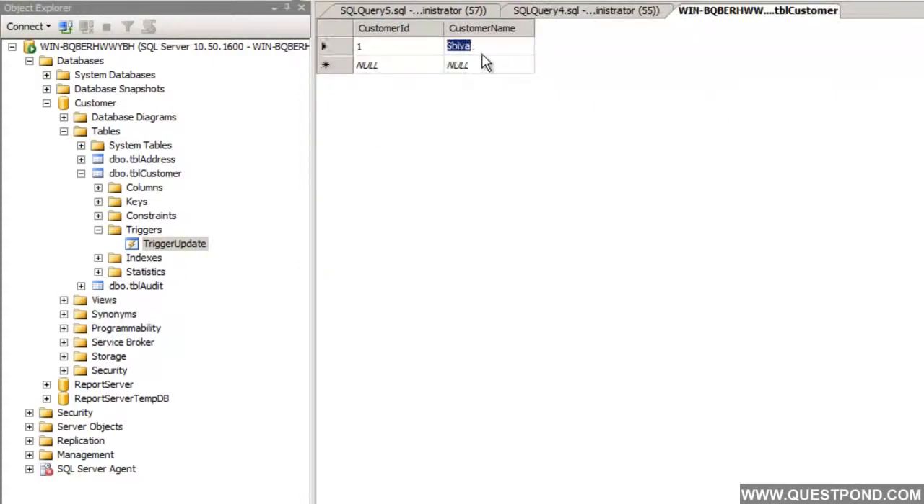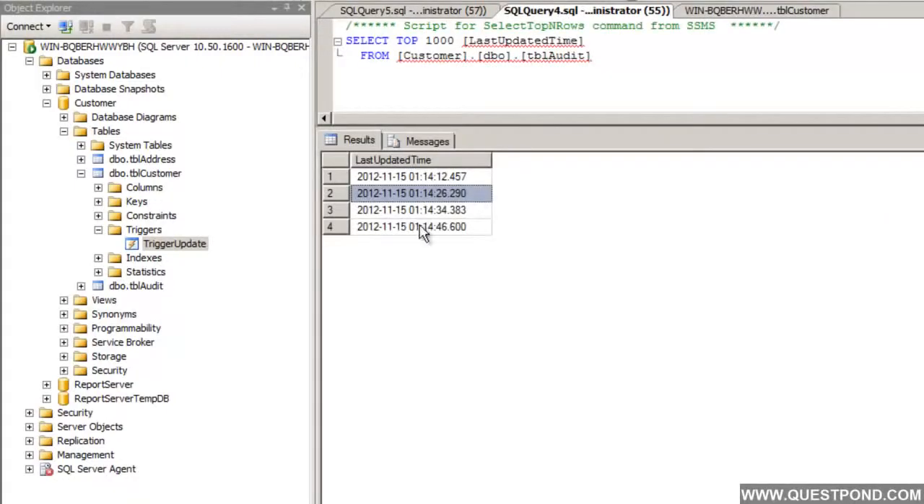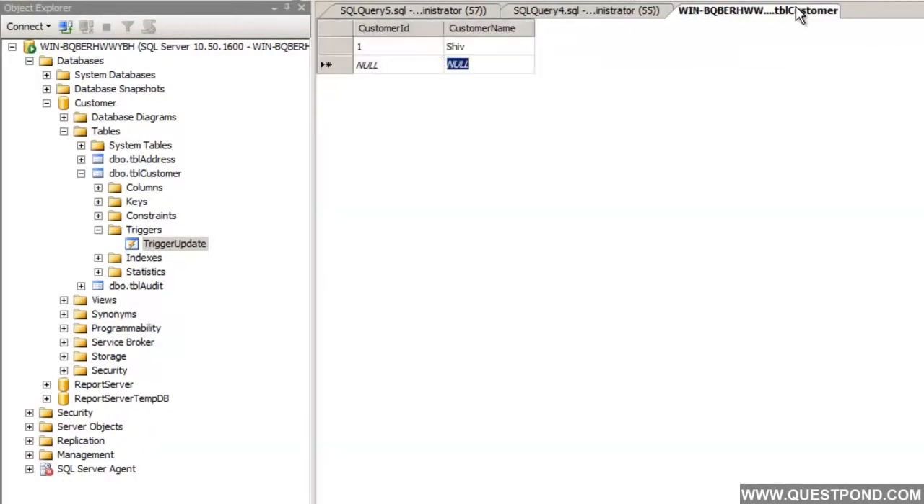So for example, now the old value is Shiva, and if somebody goes and updates this to Shiv, then probably I would like to see a record saying that, okay, this is the last updated date and time, the old value was Shiva and the new value is Shiv, right? So I would like to add some more information to this audit table to make it more reasonable, right? Now in order to do this, you need to somehow have access to the old records